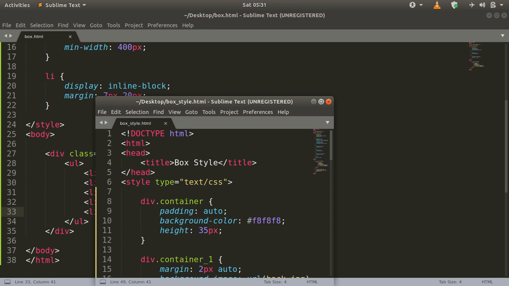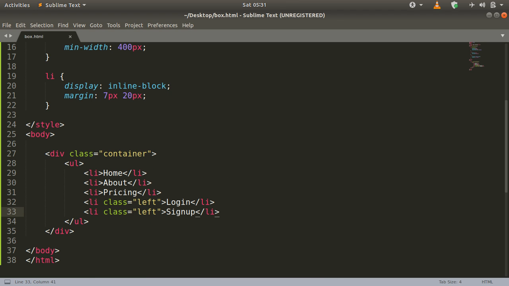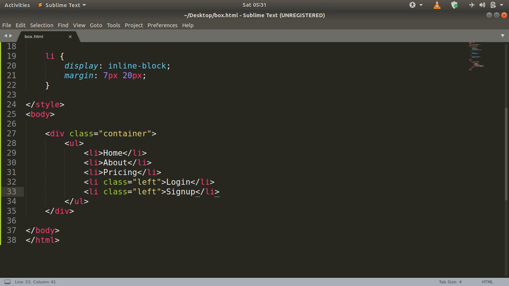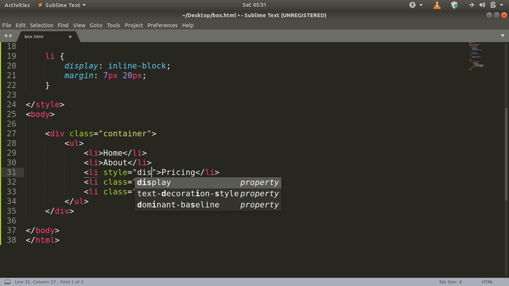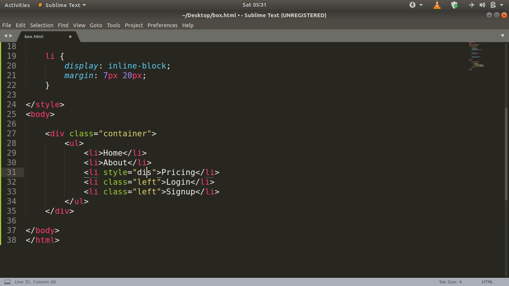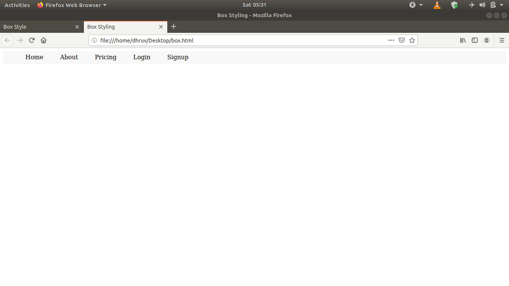The next property, you can say similar to display, is the visibility. So what it does is, suppose that I use an inline CSS for this pricing and I define a style and set the display to none, and let me just refresh the page.